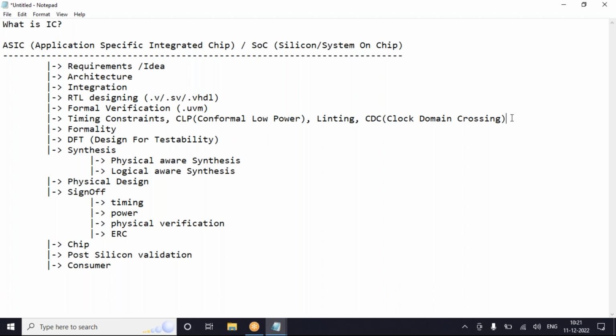What are the methods to be used to resolve that data transfer? They will perform that CDC. Linting, CDC, integration can be a separate team as well.